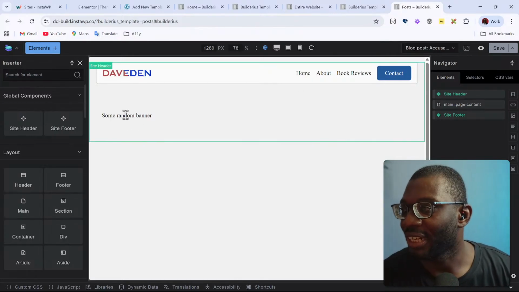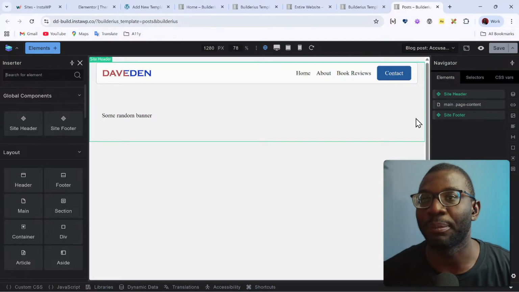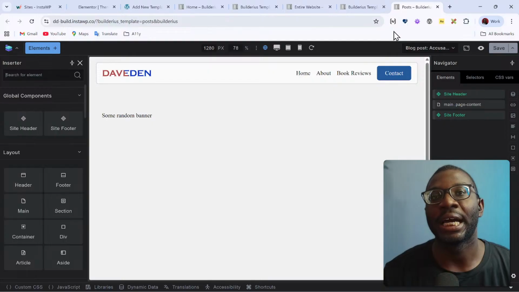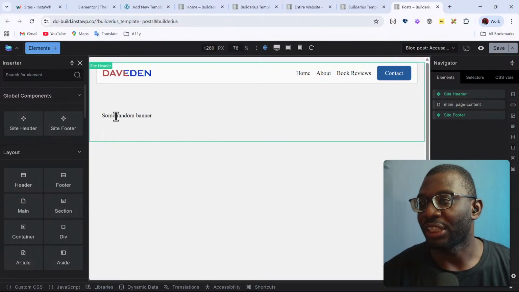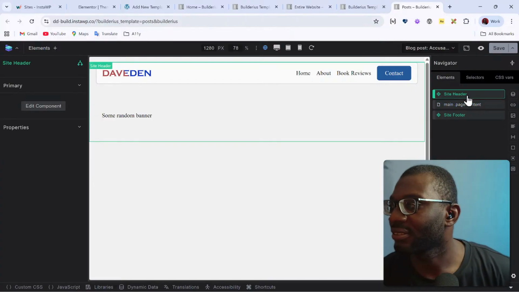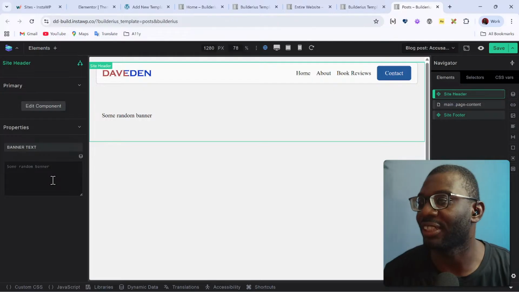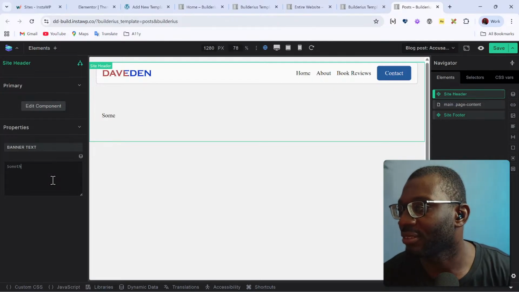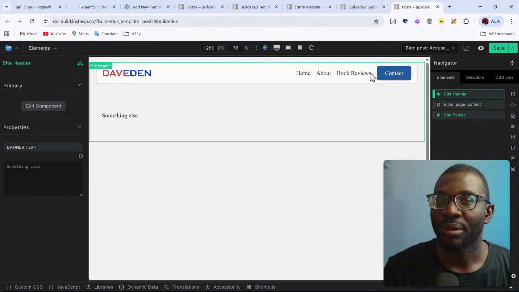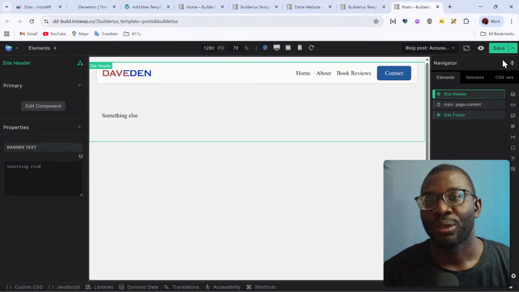And you see, now that I have this random text, let's say I've saved it on a template, I can now go to a post and change this random text to something else. So let's say the header primary, what is it? Properties. I can now change this random text to something else, and that will only apply to my post template. So if I save it